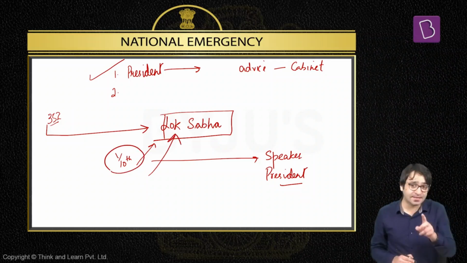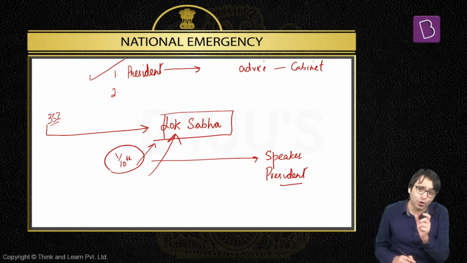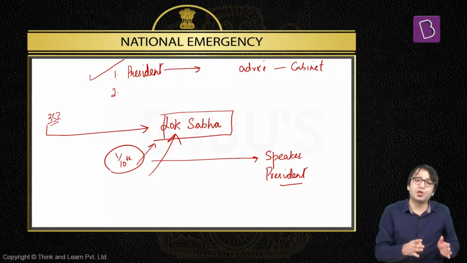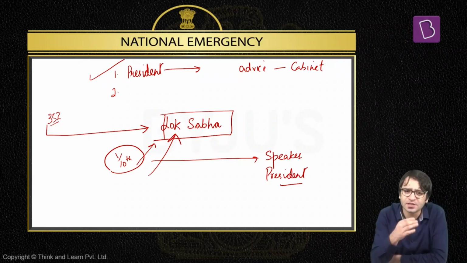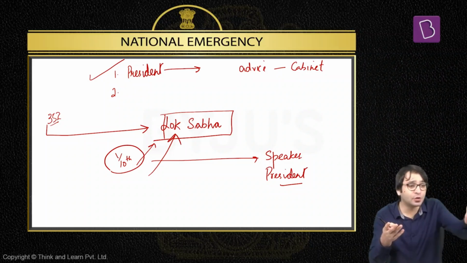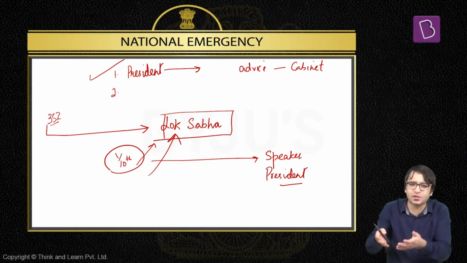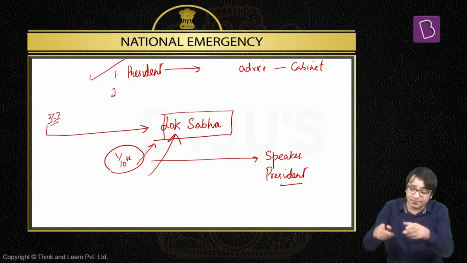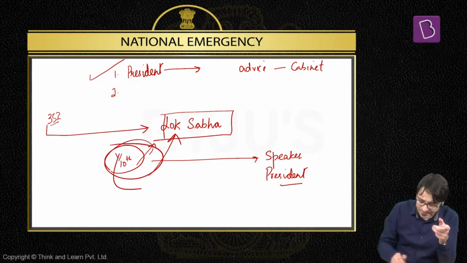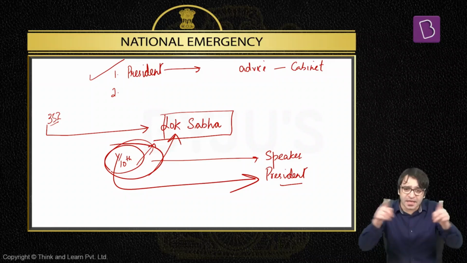And please understand, the special power is not given to Rajya Sabha MPs. This is the exclusive power of the Lok Sabha. If 1/10 members of the Lok Sabha write to the speaker. But when can Lok Sabha MPs write to the speaker? Logic, common sense. If the Lok Sabha is in session, 1/10 of the members of the Lok Sabha write to the speaker. But if the Lok Sabha is not in session, 1/10 of the members of Lok Sabha write to the president. That dear president, please convene a special sitting of Lok Sabha.